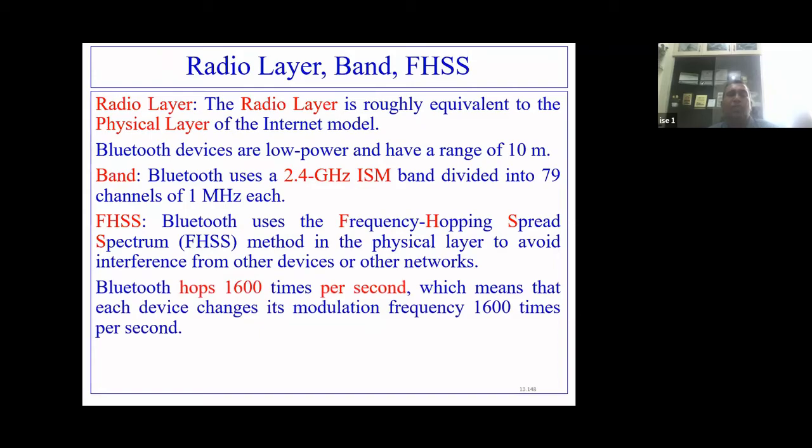Bluetooth hops 1600 times per second, which means that each device will change its modulation frequency 1600 times per second.